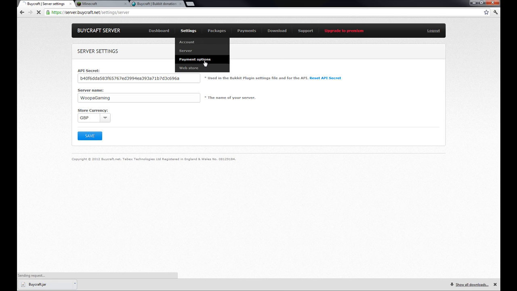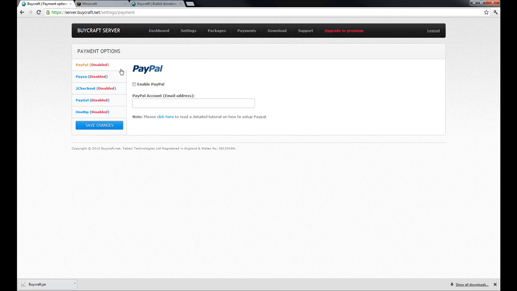Settings, payment options. So here you can have all the different payment options. We've got PayPal, Payza, 2Checkout, PayGo, and 1BIP. If you want to enable it, you can just hit enable there, and then you type in the PayPal account or email address that is for this PayPal account. There is a detailed tutorial here on how to set up the PayPal,